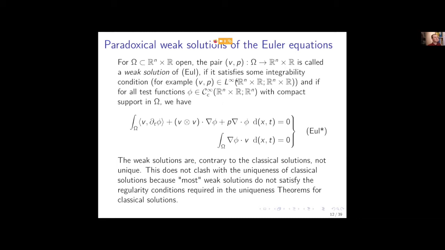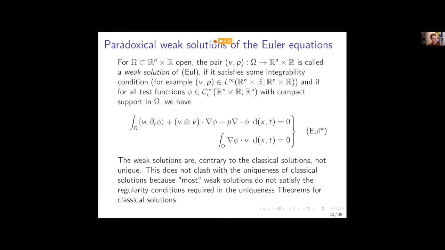Okay, yeah. So actually, maybe I should just note here. It says L infinity from R^n times R. It should say omega here. Sorry. But anyway, so you take a function phi, a test function that is compactly supported in omega, and you say they are a weak solution if and only if this is satisfied for all phi. And just very quickly, how do we get to these equations?